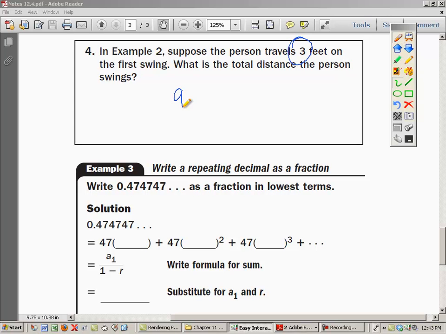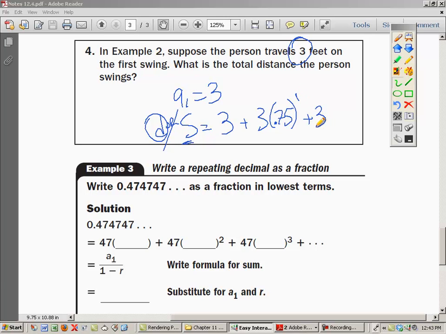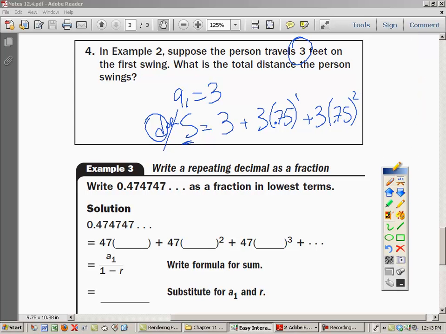All right, so now we know that our a sub 1 is equal to 3, or our initial distance is 3. All right, and so each successive term, the summation then, or the total distance that we travel, I'll just put d or s, becomes the 3 feet plus 75% of the 3 feet plus 75% of that, so 0.75 squared, so we multiply by another 0.75, and so on and so forth. So it looks like then that my common ratio is 0.75, my initial value is 3,